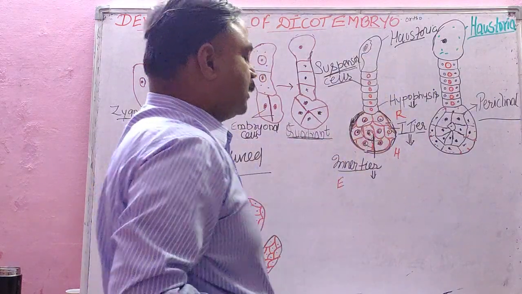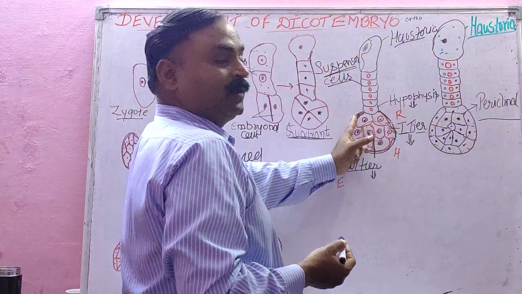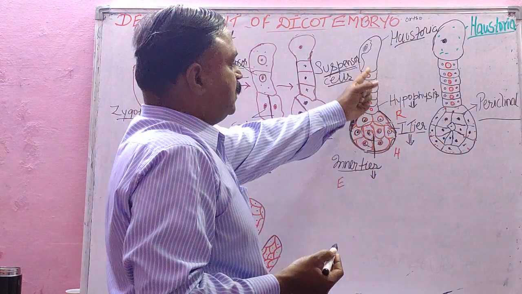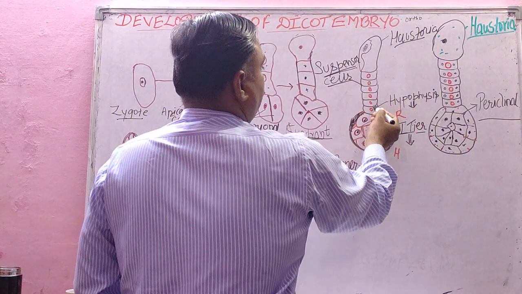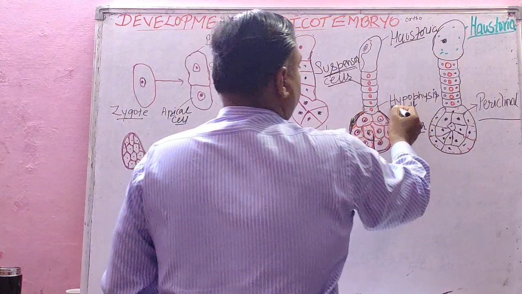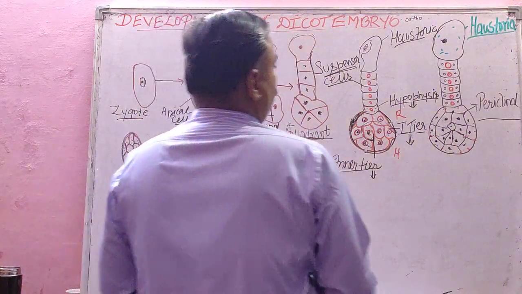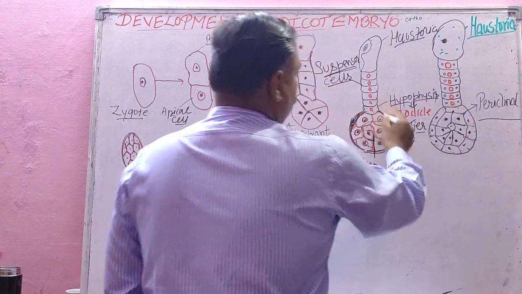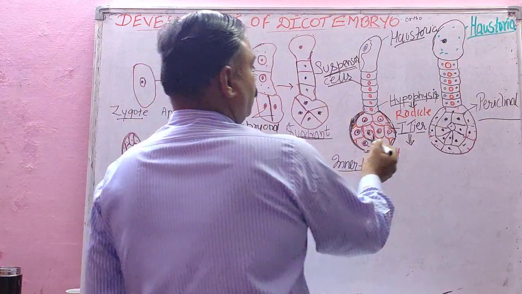Now let us see what interesting thing happens in this. Please concentrate on this diagram. These two diagrams are very important with respect to the development of dicot embryo. Let us see what changes occur. The lower cell of the suspensor cells becomes differentiated. The lower cell of the suspensor becomes different, and it is called hypophysis, and it will give rise to radicle in future. Radicle. Now you see this octant, 8 cell stage, the outer tier